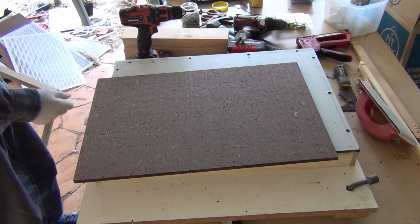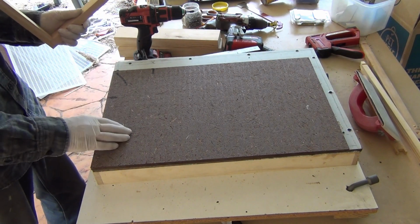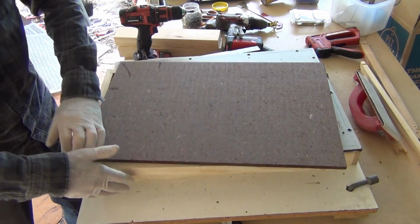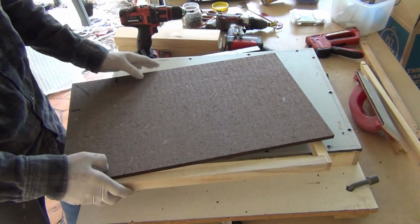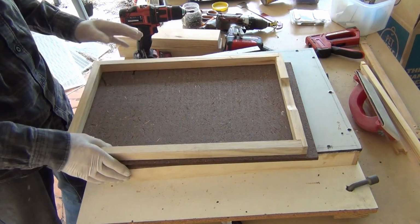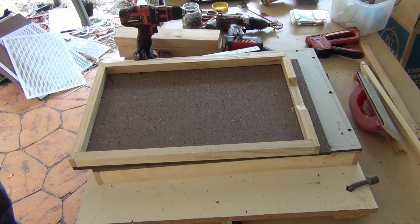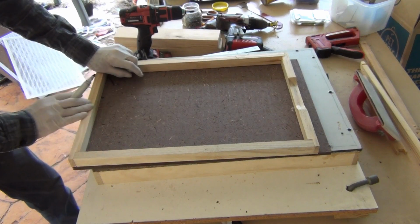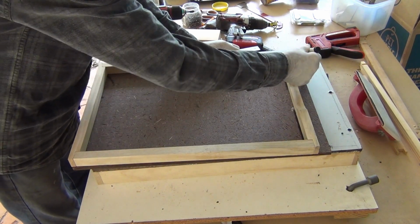Bring up the board. This will actually be the underside of the board facing the ground. This frame will be on the other side with the painted surface inside. With the frame in the correct place, this being the back, mark on the inside of the frame at the front,